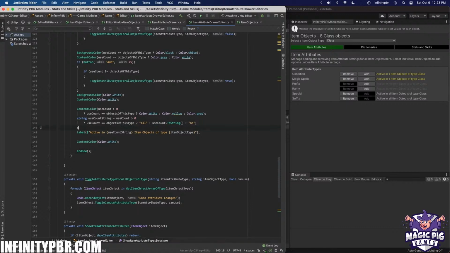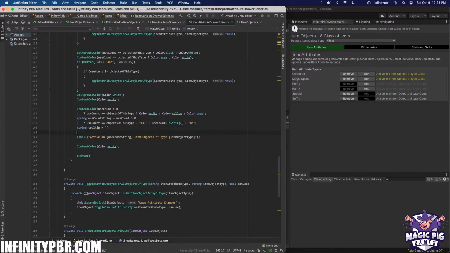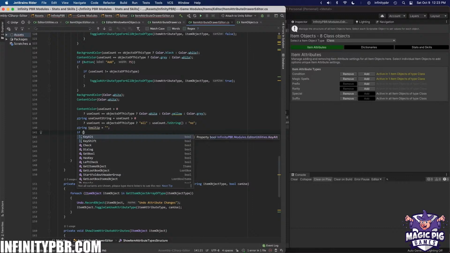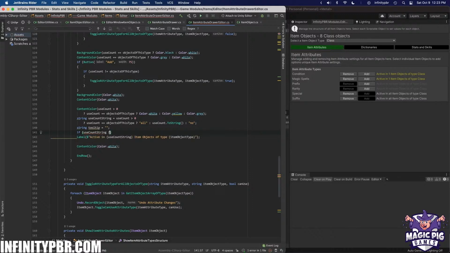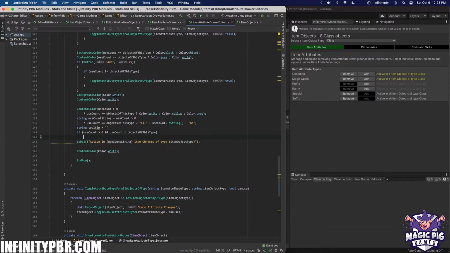So we're going to say string tooltip equals that, and then if use count string is greater than 0 and use count is greater than 0 and use count is less than objects of this type, then tooltip equals